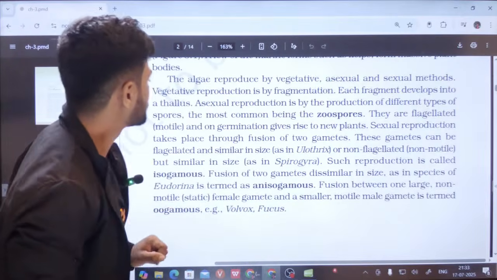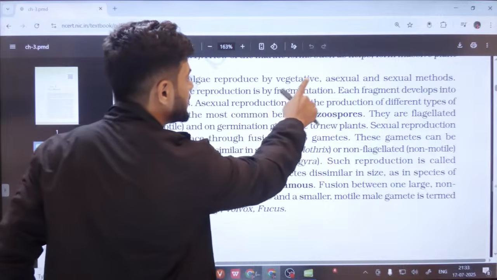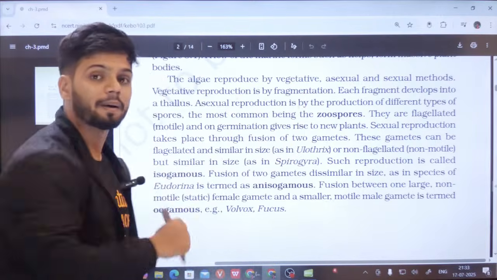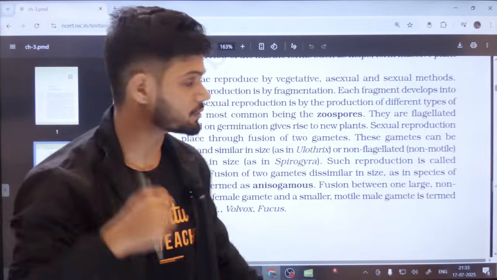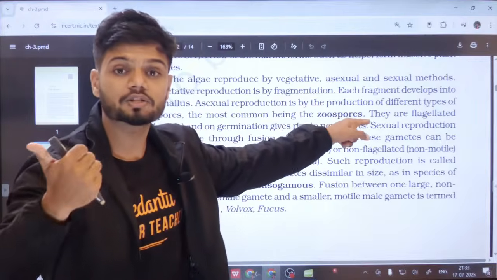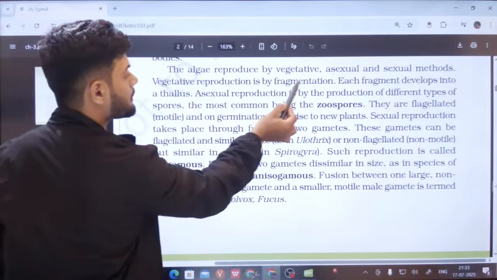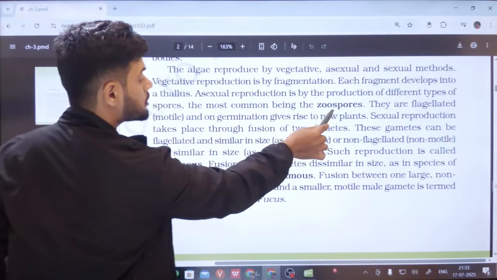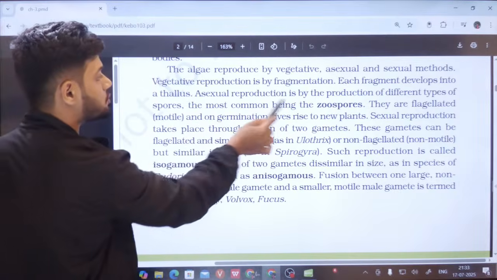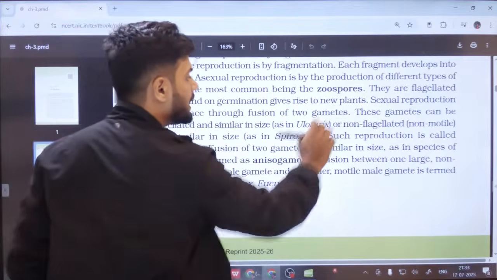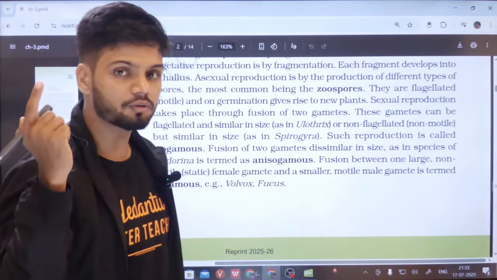Now, algae reproduce by vegetative, asexual, and sexual means. Vegetative by binary fission and fragmentation, where each fragment grows. Asexual by zoospore formation. Sexual, we have three types: isogamy, anisogamy, as well as